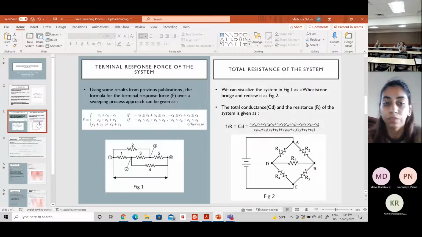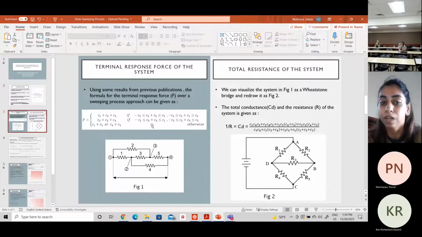Okay, so for the terminal response force of the system, we have some previous publication that gives us good results, that gives us formulas for the response force for figure 1 here. So the response force can be classified in terms of these three formulas. Now, if our elasticity bounds satisfy these inequalities,